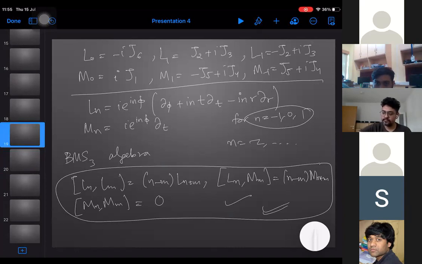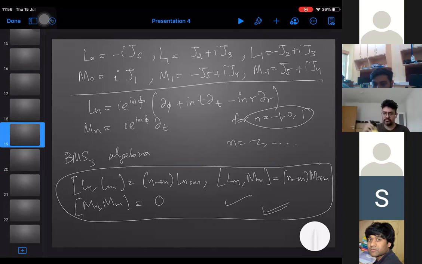So the BMS3 algebra is an alternative limit on the Virasoro cross Virasoro. You take your Ln's and Ln bars and you combine them in a certain way with these factors of 1/L sitting in front, and you take L tends to infinity. Starting from the two copies of Virasoro, that would actually give you the whole BMS3 algebra. That we will do tomorrow. Yeah, the same thing, which was tracing. Right.